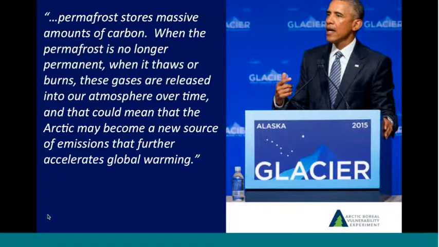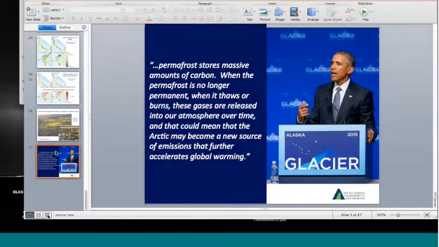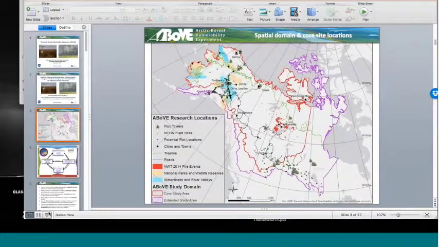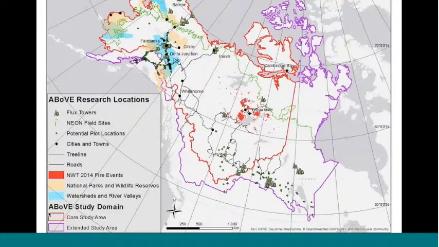One is, in the map there toward the beginning, you showed potential field-based data collection sites. I'm wondering what considerations have been made for agency-based monitoring programs. BLM Alaska and certainly the Park Service and Fish and Wildlife and others are doing a lot of monitoring in Alaska on the North Slope, pretty fairly quantitative, semi-quantitative stuff that hopefully could be meaningful to the ABoVE program. So curious what thinking has taken place around engaging the agencies for their monitoring programs.